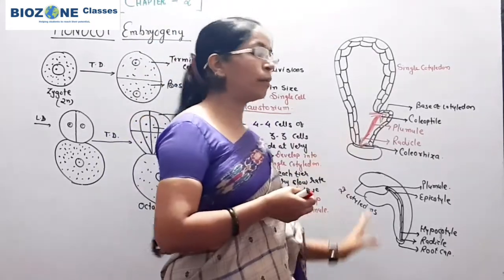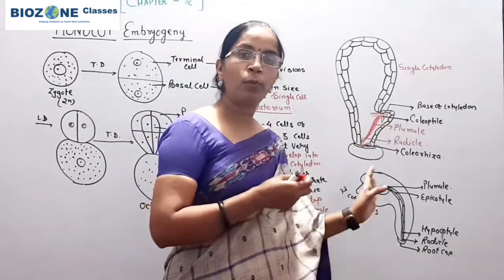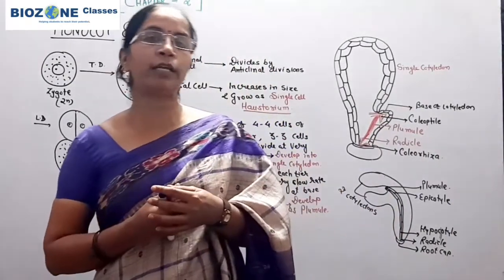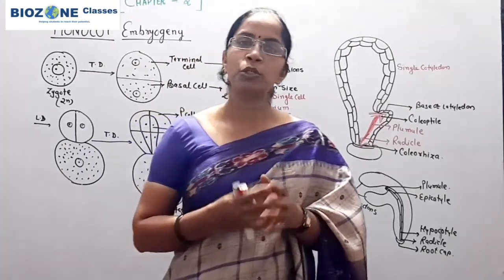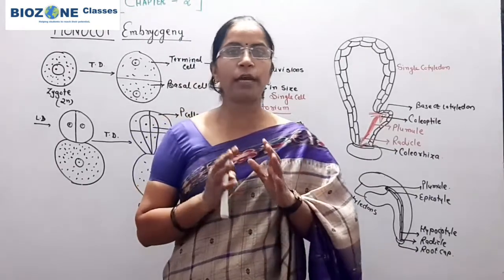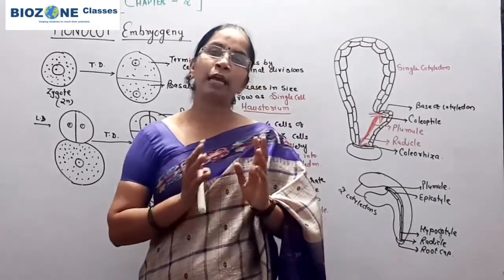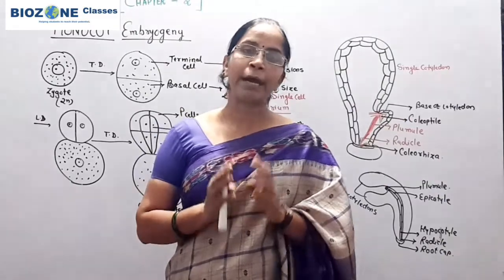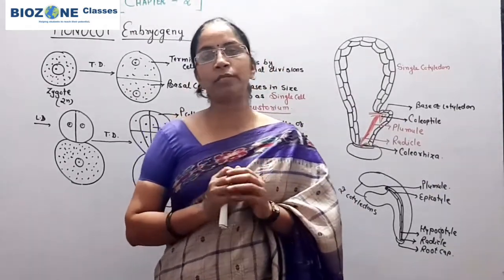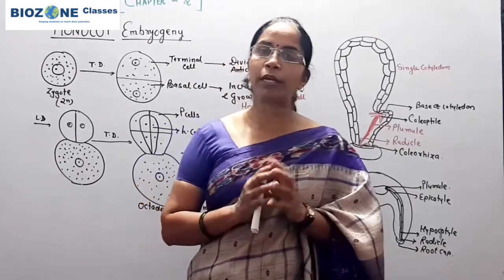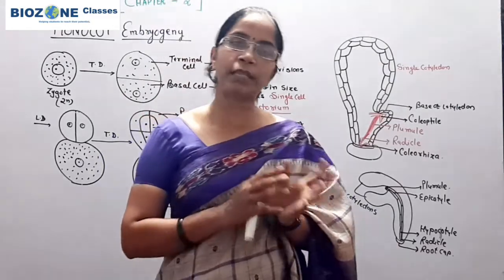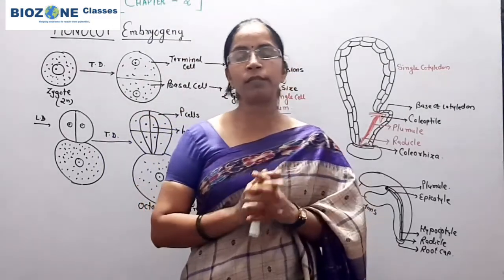So this much you remember for today's session. With this I sum up my session. In the next session, we discuss the seed. Only small topics remain in the second chapter: seed and types of seed, then fruit and types of fruit. Apomictic seeds are there, polyembryony is there, and for dormancy of seed, two important examples are provided in NCERT. We will discuss that, and with that we complete our second chapter.